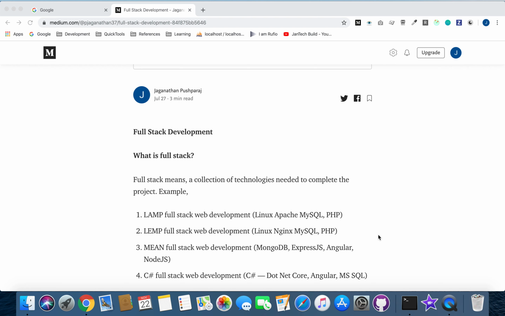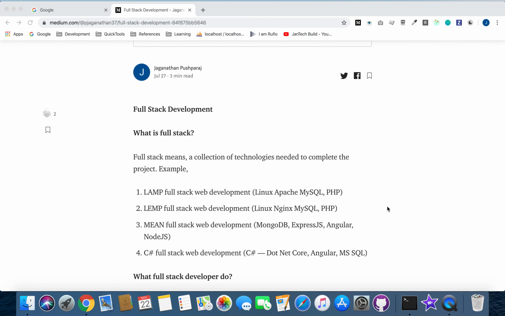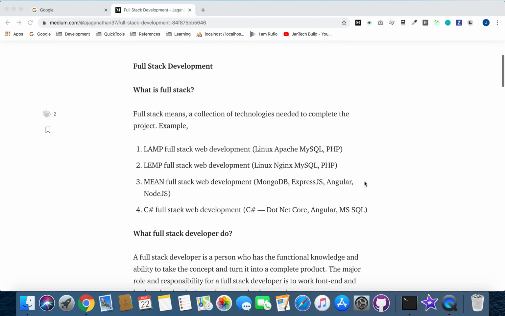Today we are going to look at full stack development. What is full stack? Full stack means a collection of technologies needed to complete a particular project. In the traditional way, we have multiple full stack options using LAMP. We call it Linux, Apache, MySQL, and PHP. This generally works